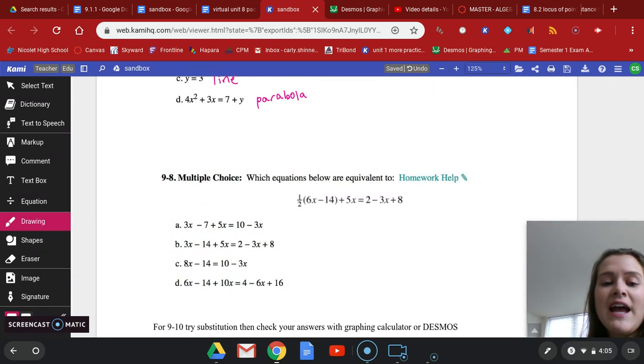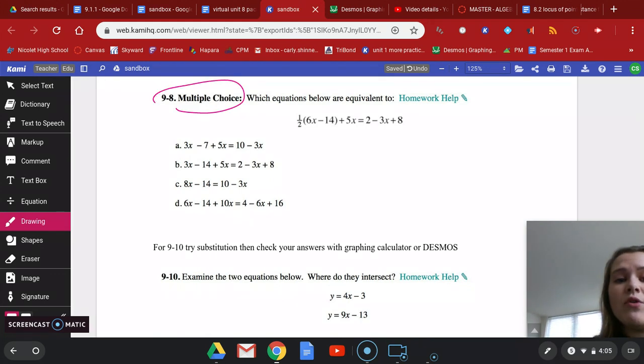All right, for 9/8, this is a multiple choice, okay? So your answer is just going to be one of these circled. So what you guys need to do is figure out which equations below are equivalent to this, okay? So let's just clean it up a little bit and see which of these are equivalent, okay? So I'm going to distribute this 1/2 through. So 1/2 of 6 would be 3, 1/2 of 14 would be 7, plus 5x equals. On this side, 2 and 8 are like terms. So that would give me negative 3x plus